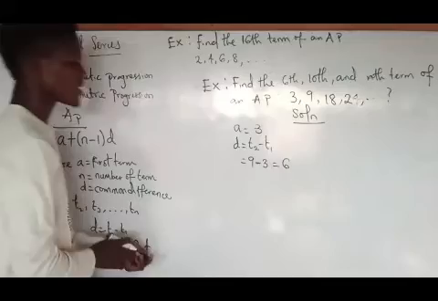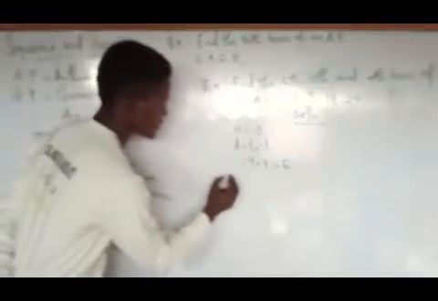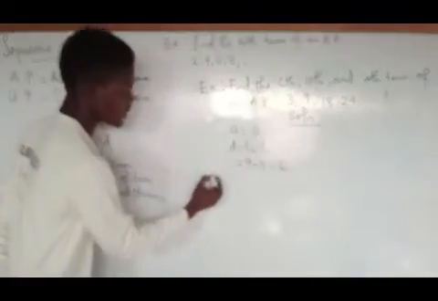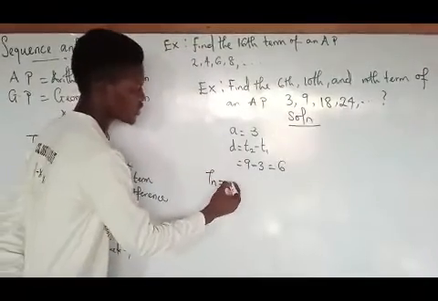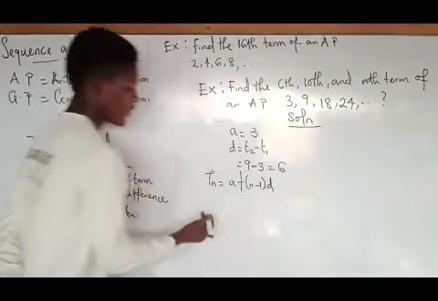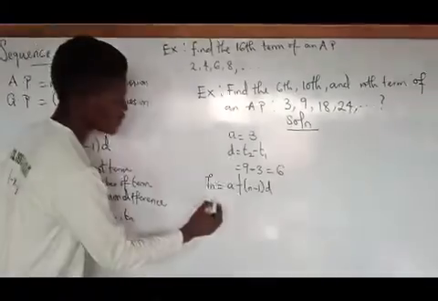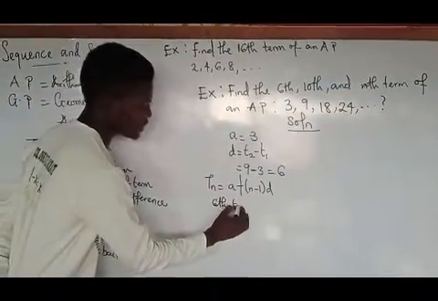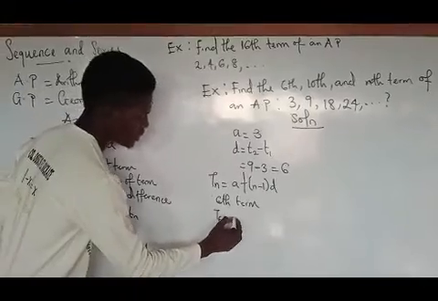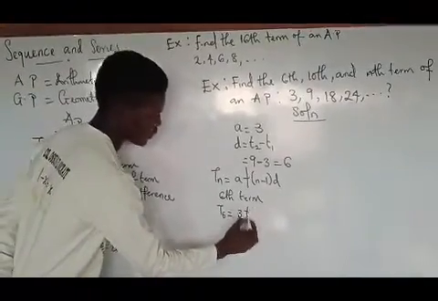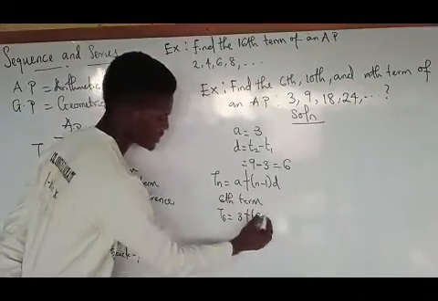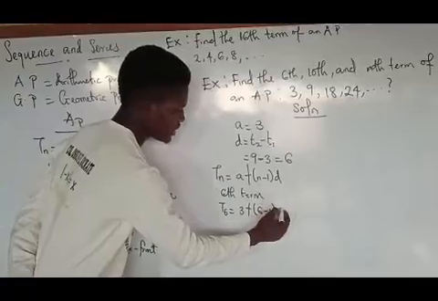Sorry for that. So my n, which is what I want to find for the first question, don't forget the formula. Tn equals A plus (n minus 1)d. All right. So for the first question, which is the 6th term, that will be T6 equals A, which is 3, plus (n minus 1). My n is 6 here, because 6 minus 1, then my d is